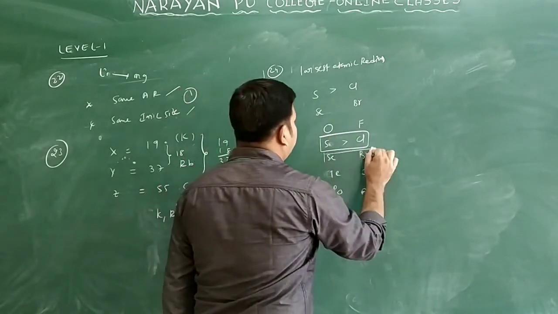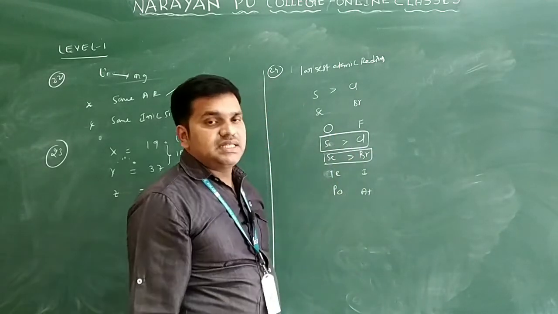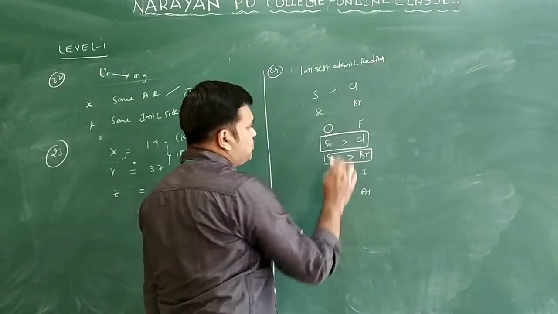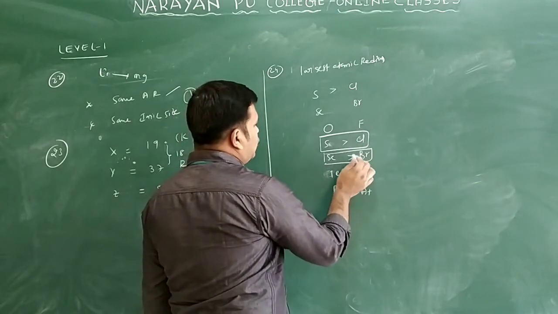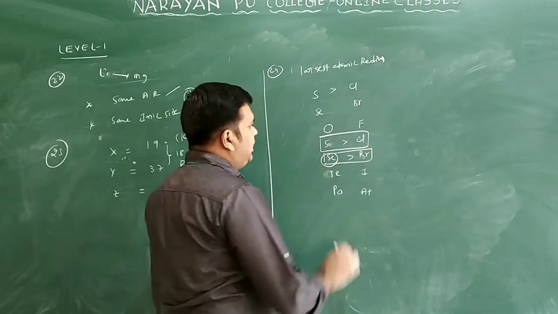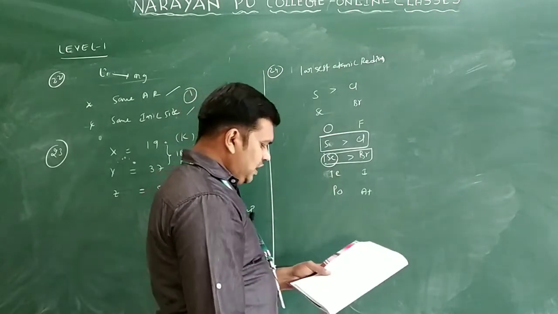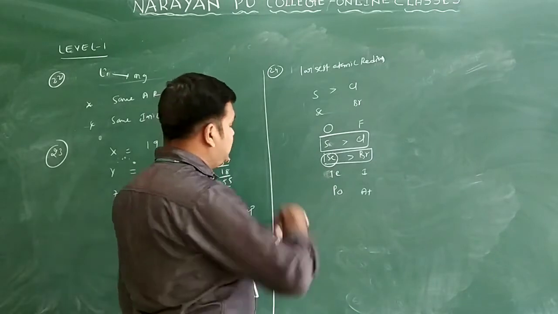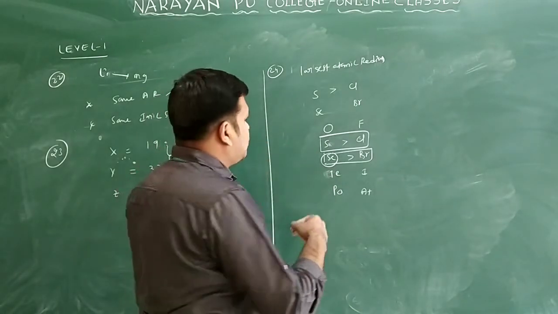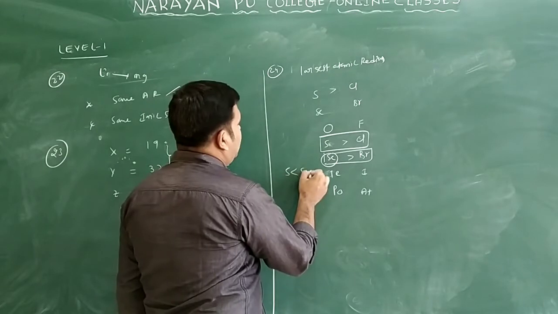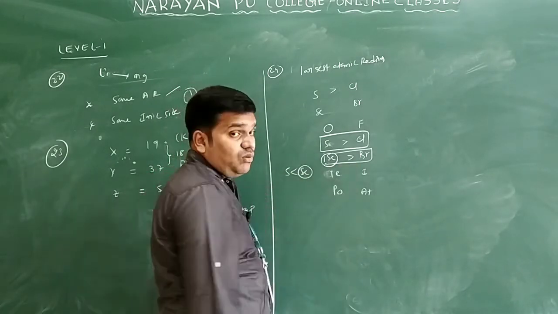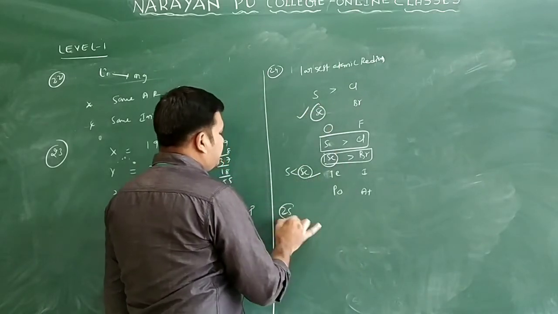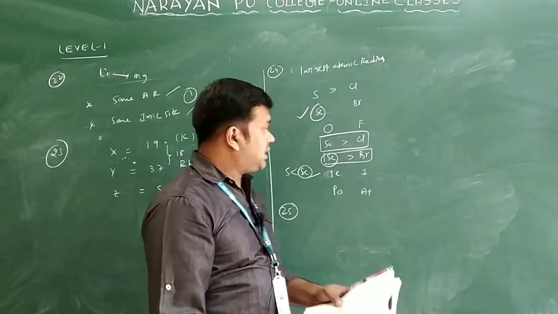Come to selenium and bromine, which one has the largest size? Selenium has the largest size. So here we have sulfur, selenium, chlorine, and bromine. Among chlorine and bromine, selenium has the largest size. Among sulfur and selenium, which one has the largest size? Generally, from top to bottom in a group, atomic size increases. So sulfur is less than selenium. What is your answer? Selenium is the right answer for this question. Clear? So we are comparing these two elements in a group.